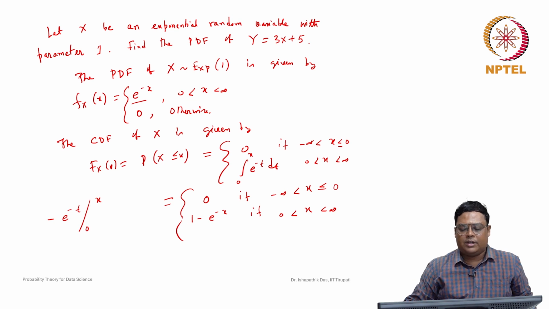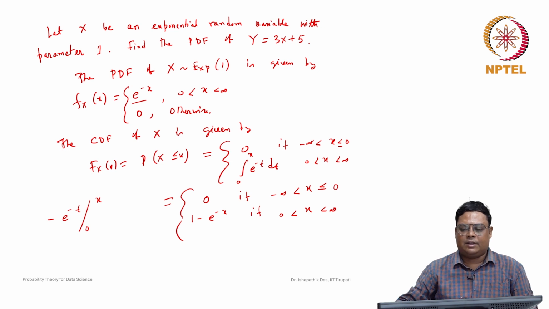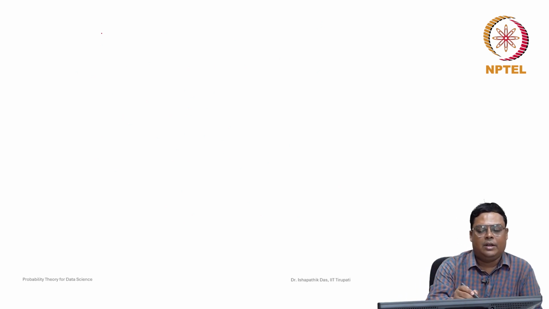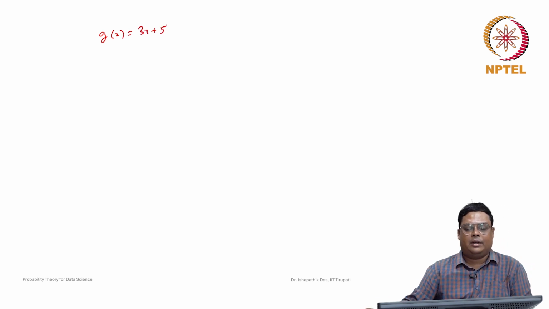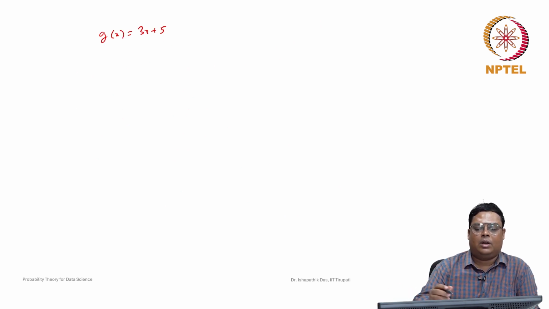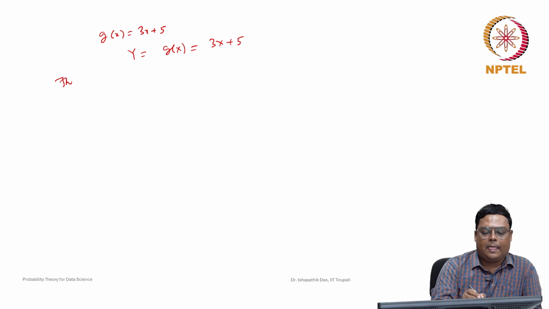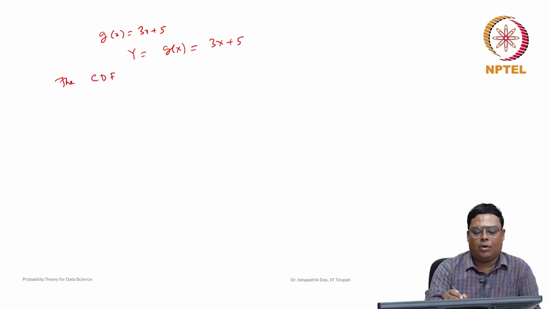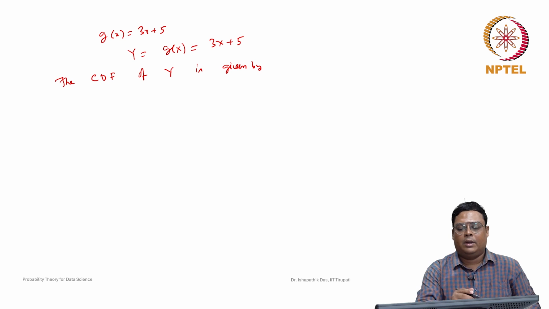Once we have found the cumulative distribution function, we will use this concept. Let us consider the transformation g of x equal to 3x plus 5, as given here. So Y is g of X, which is equal to 3X plus 5. Then the cumulative distribution function of Y is given by